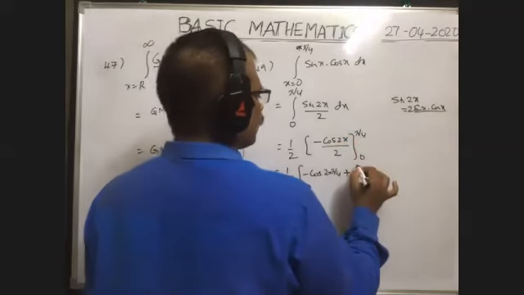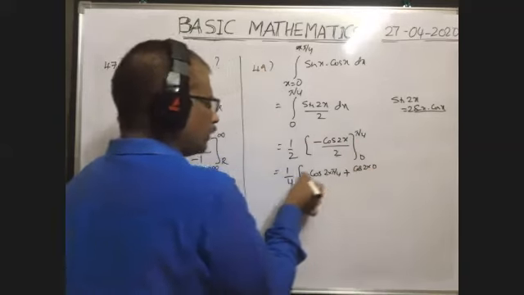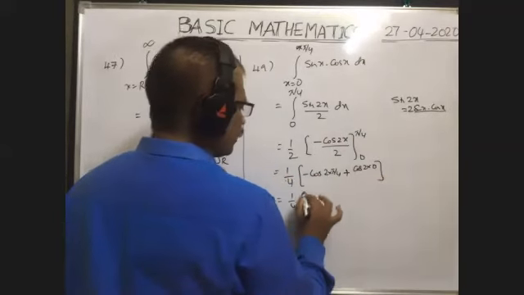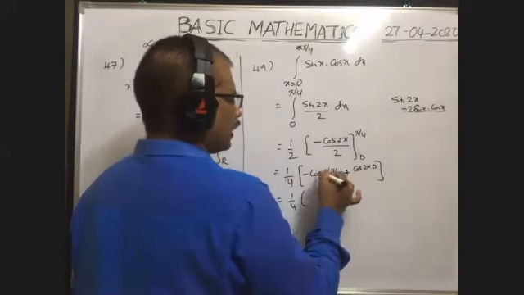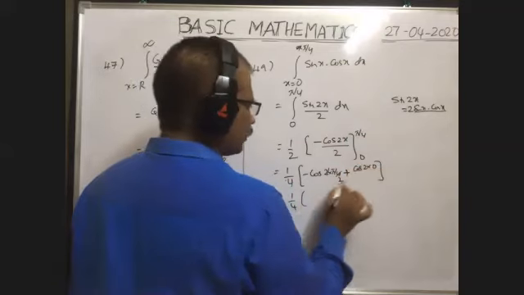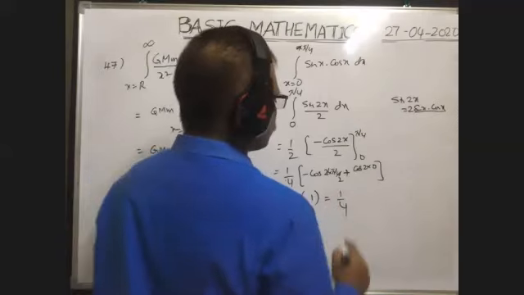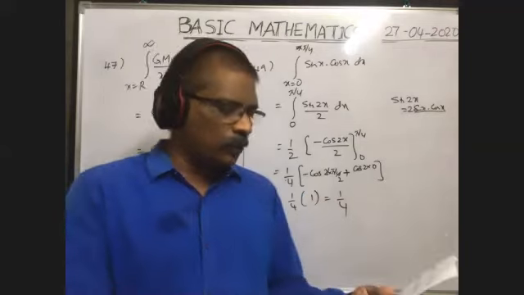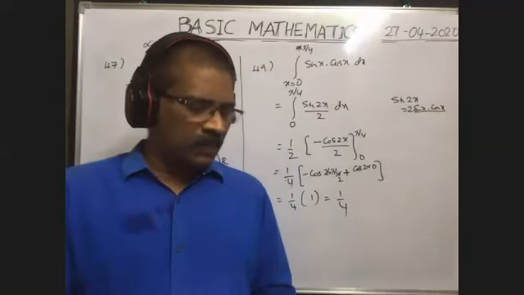So plus into cos 2 into x means 0. Already 2 is multiplied with 2 here. Now this is equal to 1 by 4 into minus 2 2s are minus cos pi by 2 means cos 90 is 0. Cos 2 into 0 means 0. Cos 0 is 1. So you write plus 1 only, no? Plus 1. So therefore this value is equal to 1 by 4. So integral sin x cos x dx, between the limits x equal 0 to pi by 4, is 1 by 4. In this way you have to do.